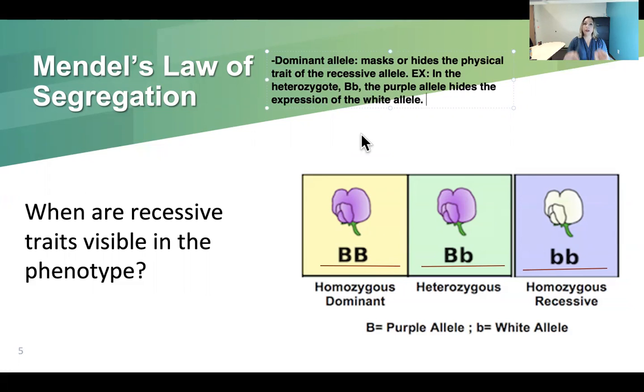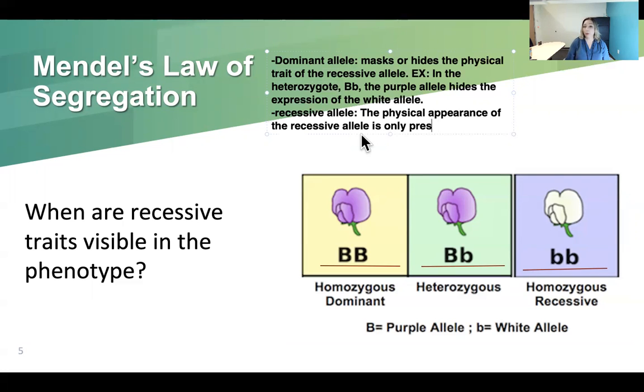Okay, so with big B, little b, the flower is purple. There is no white. The purple allele is dominant and it is hiding the expression of the white allele. So the white allele in this case is the recessive allele. And what that means is the physical appearance of the recessive allele